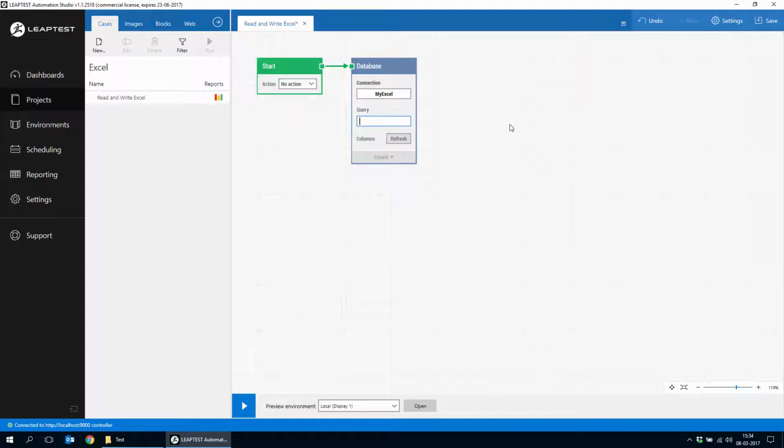Now this is fairly straightforward, a simple SQL query that we have to write, and I can just type in select star from, and then the syntax is a little specific here. It's called Sheet1 followed by a dollar sign. But if I click refresh now, LeapTest will actually query this ODBC source, and as you can see, it already